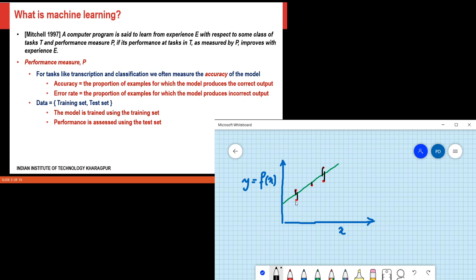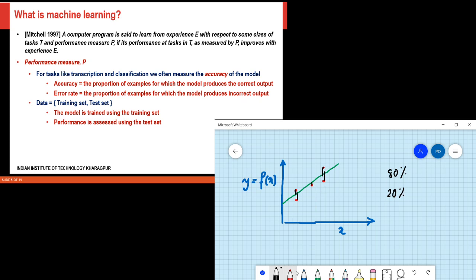So what we do is that we don't expose the model at the beginning to the entire data set. We keep maybe, let's say, 80% for the training, and maybe keep the remaining 20% for evaluating how well it has learned.